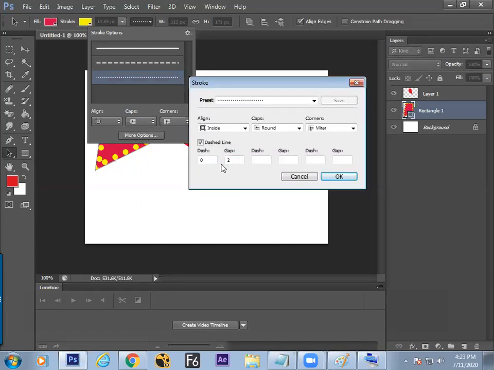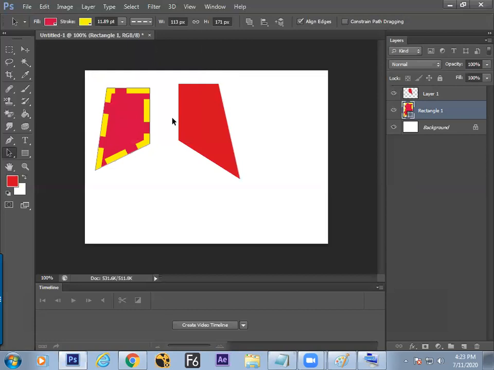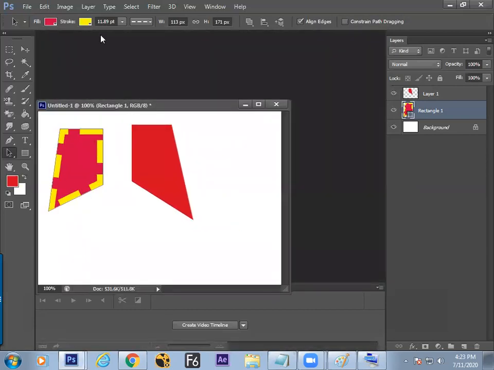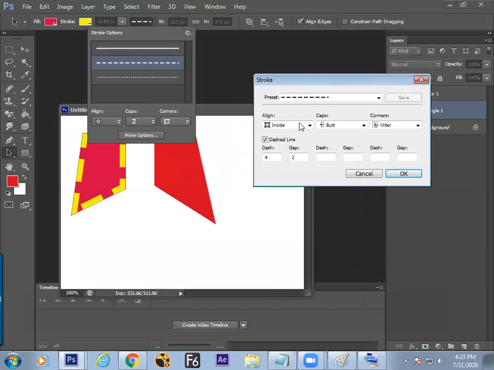Here the dash and gap is there. So let us go for this. The 4 is dash. Let me bring this down. Now switch to the more option. What happens here? Dash is 4, gap is 2. Because of that, the dash looks very big. You can switch down the dash to 2 and gap to 2.